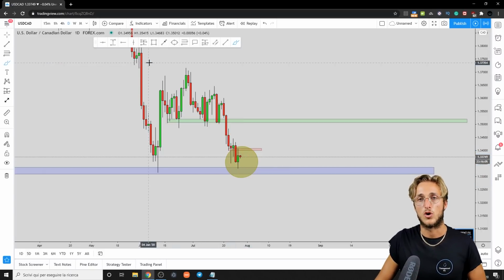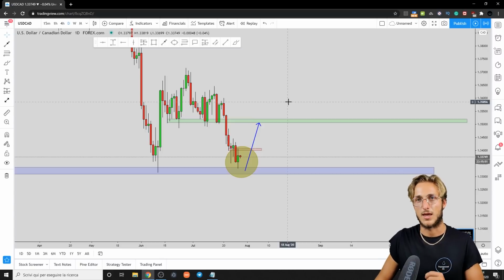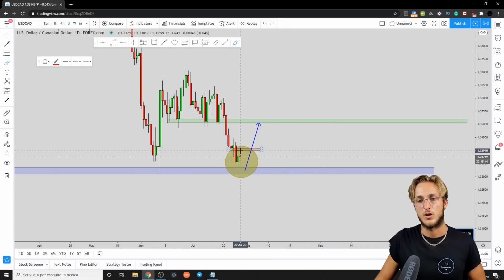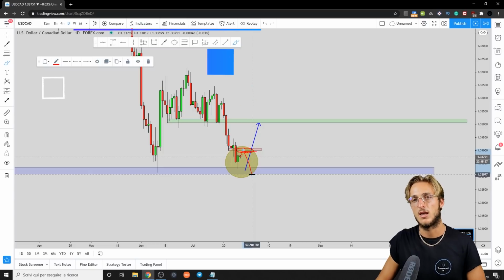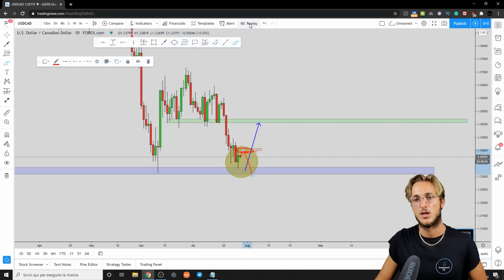add USDCAD on watch list, and as soon as the market will provide to us one of our valid entries, we will be taking a nice long with a very good risk to reward and very good probabilities for the move to the upside, completion of the weekly, and formation rejection of the monthly support, the weekly support, and the daily support. However, be very careful because at the moment here we have daily resistance, and from here we can expect a little bit of continuation to the downside. So we definitely have to be careful on the 4 hours to wait for a proper shift back to a